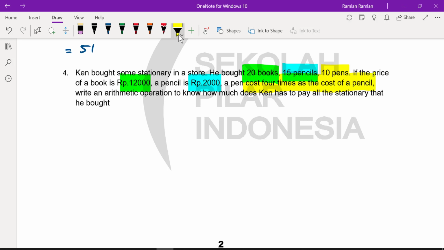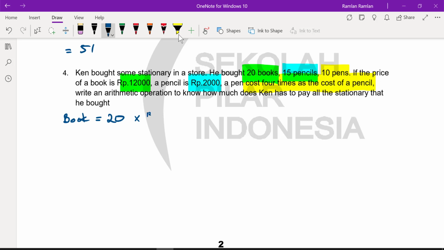So, and then the question is, write an arithmetic operation to know how much Ken has to pay for all the stationery that he bought. Okay, now we can actually do it one by one if you want. For example, write down how much money Ken must pay for the book. For the book, that'll be just equal to 20 because we have 20 books, and then